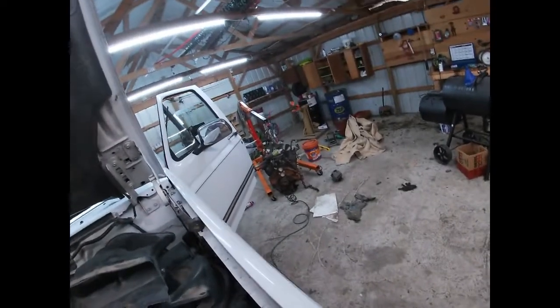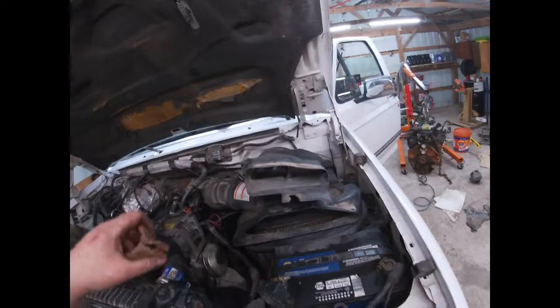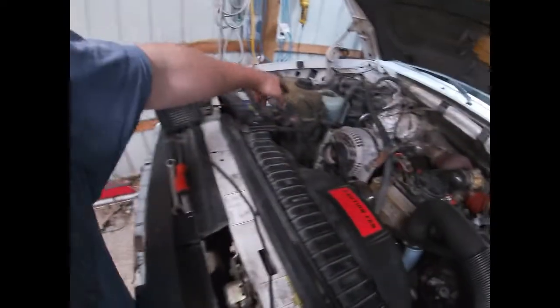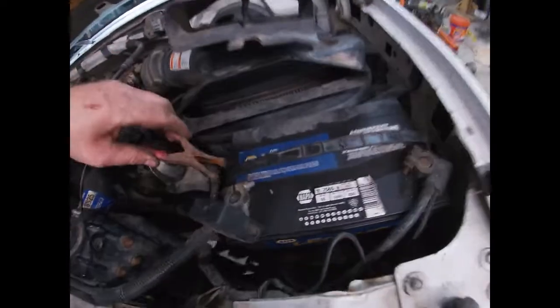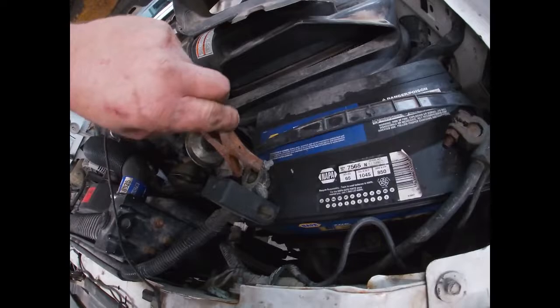If it'll let me. So, so you're aware, the only thing over here that could possibly hurt anything is this, and it's covered in rubber and not touching anything that it could arc on right now. So anyway, we're going to connect to this battery, maybe, like so,